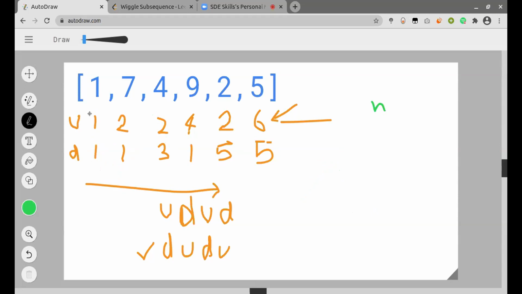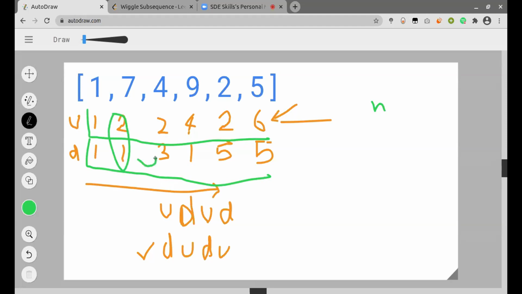So this can be done by taking another vector of size n, and then we can just keep updating the up and down values. But if we look at this closely, we will get to know that we just need the previous value and not all the other values. I just need the previous value for the current one. Similarly here, I just need the previous value. So this up and down, which were vectors previously, we can just take as variables. Yeah. Makes sense.